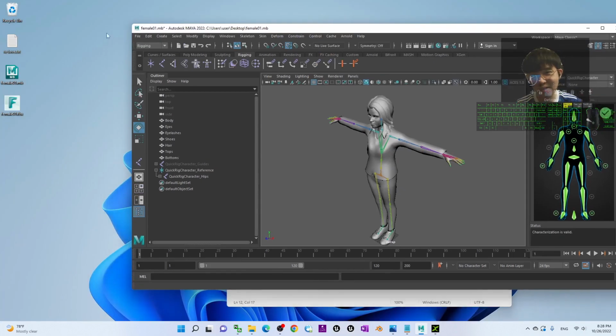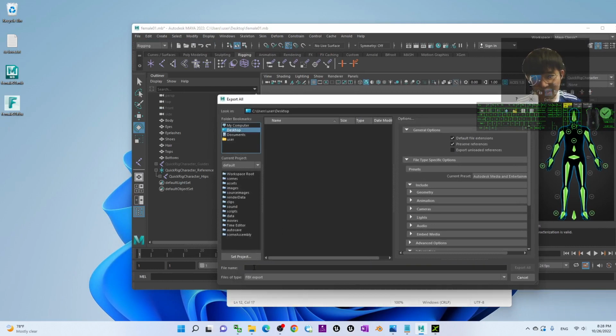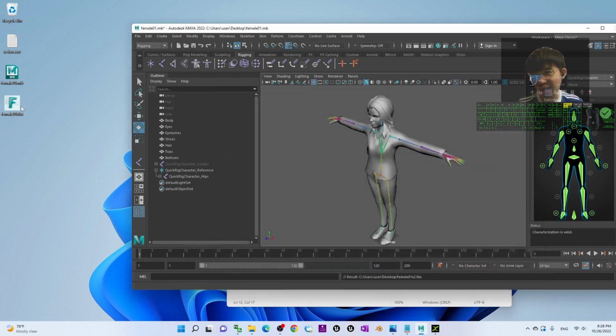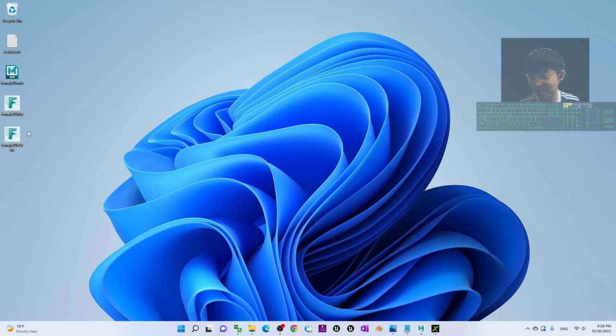We export it: click File, Export All to the desktop. Here, I named this female01 version 2.